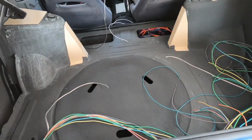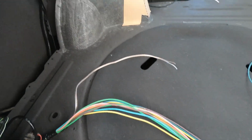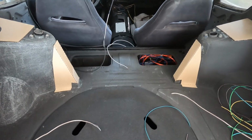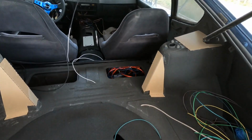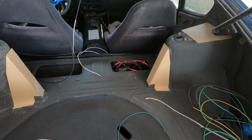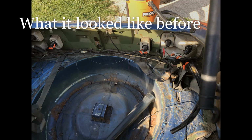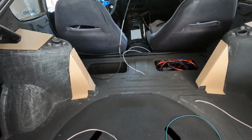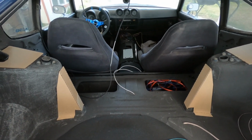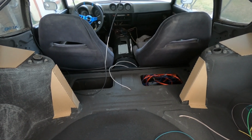As far as the interior goes, I still need to finish up the wiring before I want to put the trim back in. The wiring that was in before was a mess. Looked like loose wires were ran and just wire nutted and spliced, and that was everything. So that led me to taking all the interior out, and the floor was kind of a mess also. Removed everything, sprayed lizard skin,